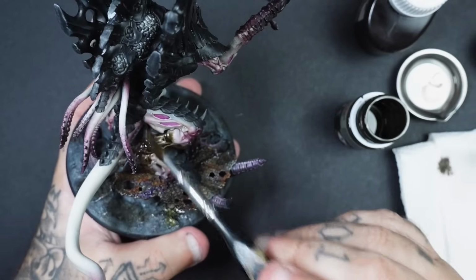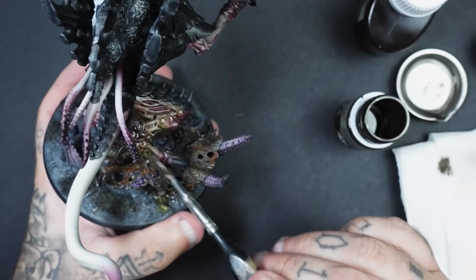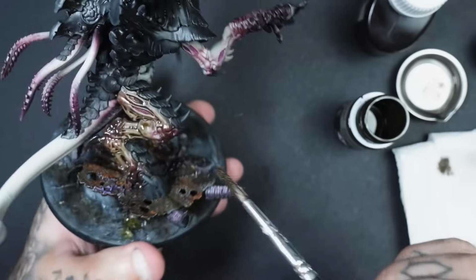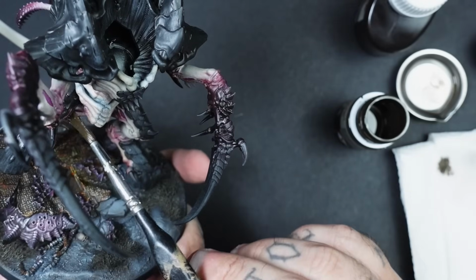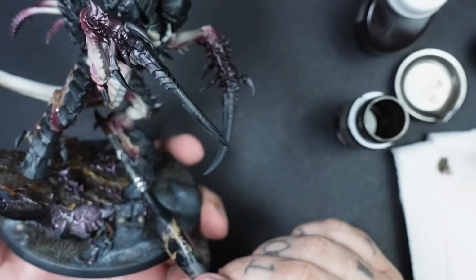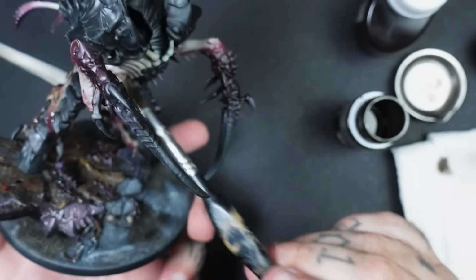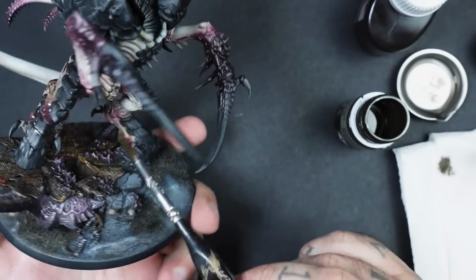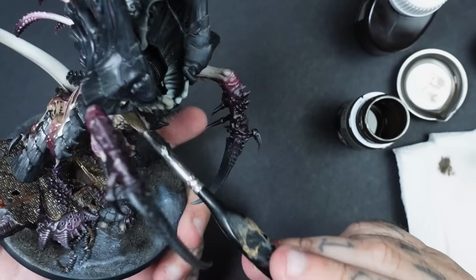So here you can see I've applied it a little bit thick, and all I do is dip into my mineral spirits and use it as a wash just to mush that streak and grime around, just pushing it around. Now I've done one thing specific with this miniature. I used 2 enamels, so for all the skin areas, all your light areas, I'm going to use streak and grime, and for all the bone areas, all the black areas, I'm going to go in there with the MIG